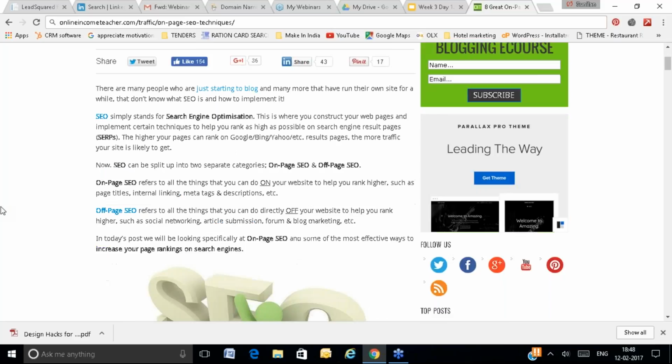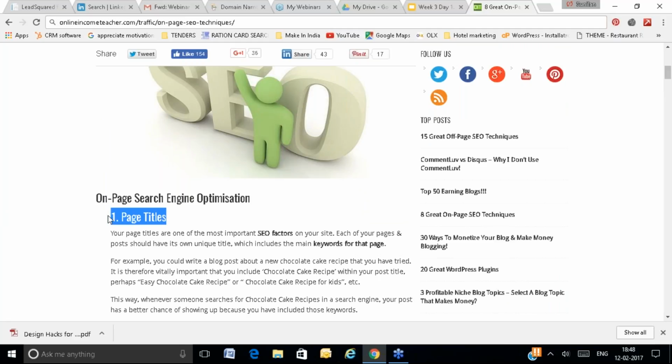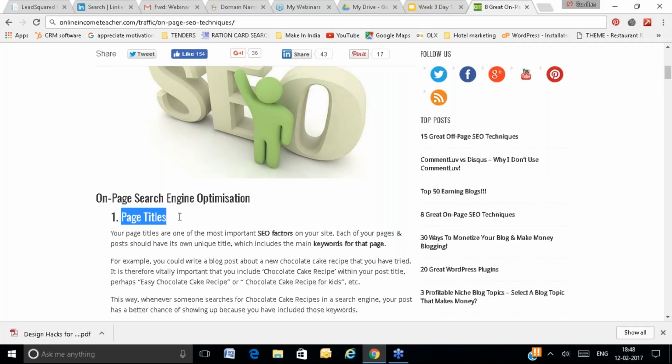If you are making content in bulleted format or paragraph format, your paragraph heading or your section heading can be in H2. If you are making it in H2, you can make the next level in H3. So H1, H2, H3, all these are header HTML tags. H1 means the biggest one, H2 is smaller than H1 but bigger than H3. H3 is smaller than H2 but bigger than H4. So there is a sequence of H1, H2, H3, H4, H5 and H6. These are the header tags.